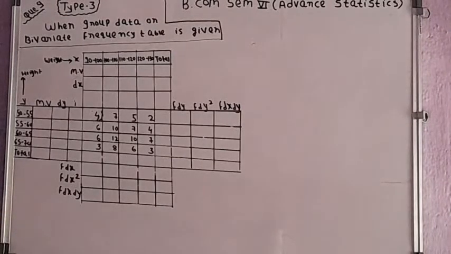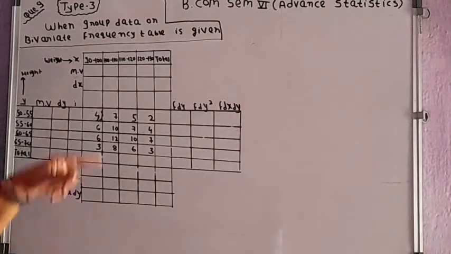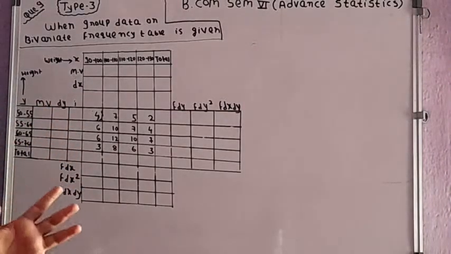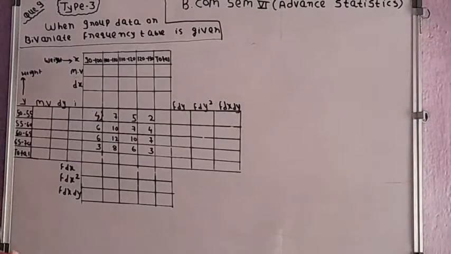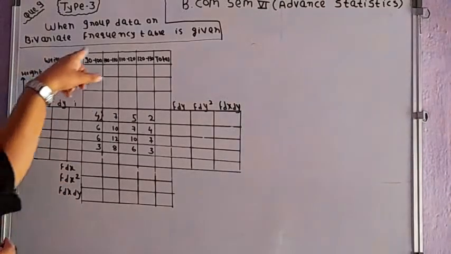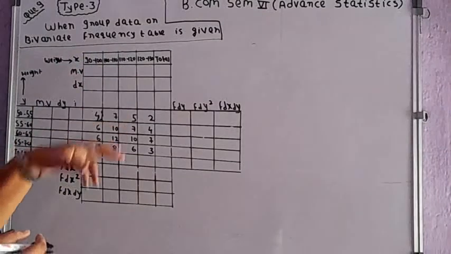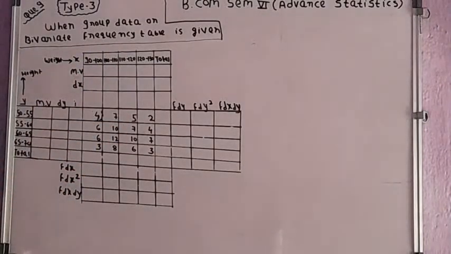First of all we will have to calculate m, dx, and i. Here i needs to be calculated because it's continuous data, and whenever we have continuous data, this i is important. i means the interval of the X series, and this i means the interval of the Y series. So let's begin with the question. X means the group. We have been given groups. Now with the help of this, we have to calculate the middle value. How do we calculate the middle value?